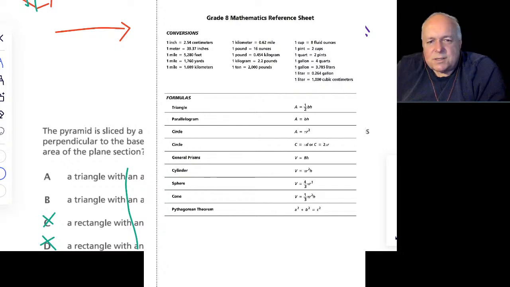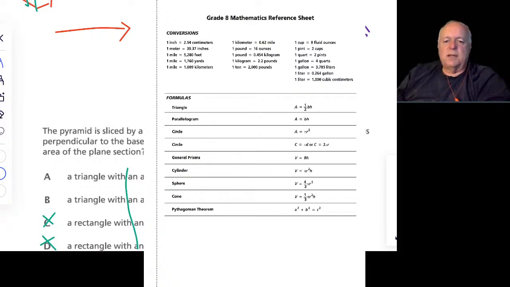All right, can you guys see that? Okay, it actually doesn't have it. It says the volume equals 8H, but you guys should know this because you should have worked with pyramids and stuff before. So that's